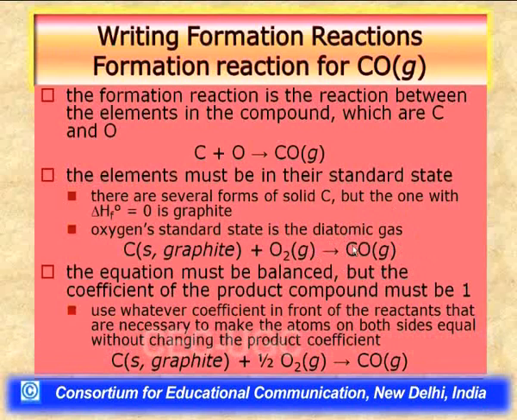we are sure that the compound in which we are interested, that is carbon monoxide, should have only unit stoichiometry, because we want only 1 mole of carbon monoxide to be formed by combination of carbon and oxygen. So in order to balance this equation, we need to multiply by the stoichiometric coefficient, that is half, to the oxygen in gaseous species. That is how we achieve a balanced chemical equation, and for this we can determine the enthalpy of formation as the enthalpy of formation of the compound carbon monoxide.